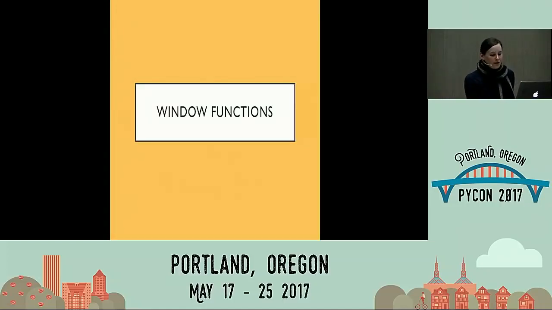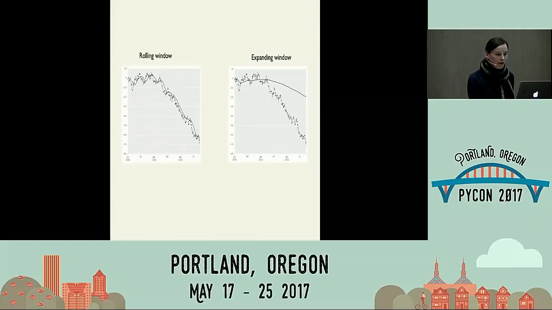Another common way of exploring time series data is window functions. What you're doing here is basically trying to smooth out the information you're getting from that time series. And there are 2 common sorts of windows to use. One is called a rolling window. This is the one you are probably more familiar with, that you have seen more. You can almost think of this as smoothing. It's not quite the same as smoothing, but it's similar.